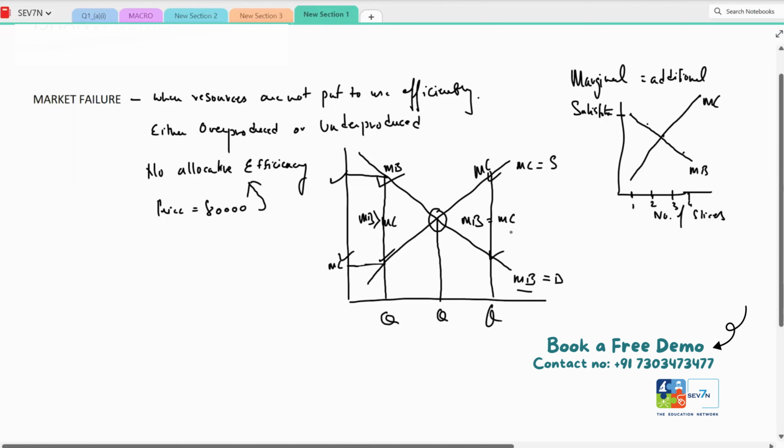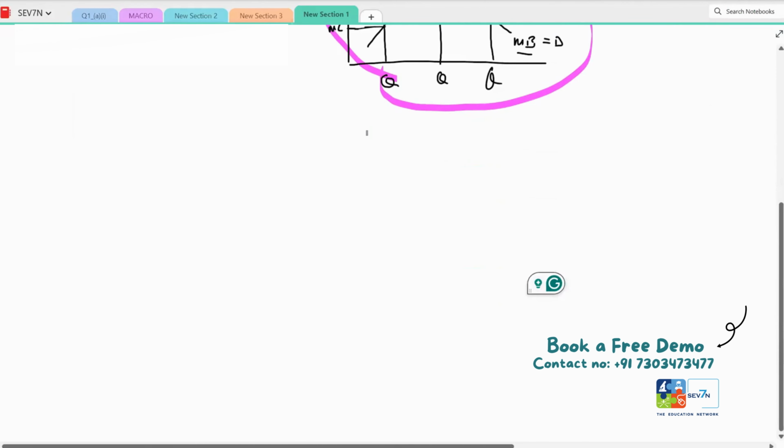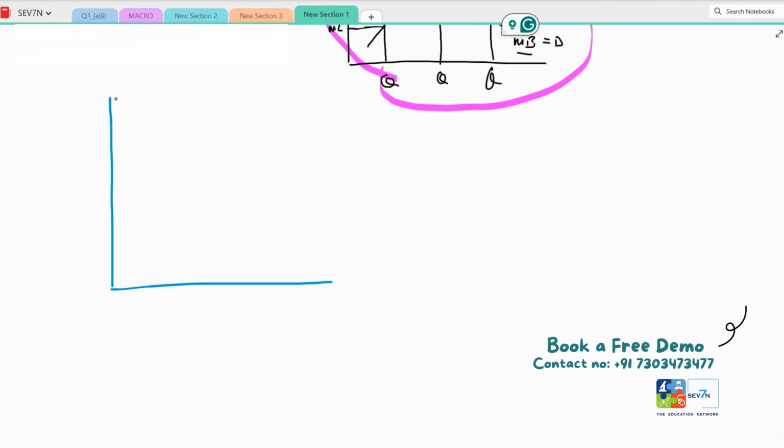सो ऑल आई वांट यू टू अंडरस्टैंड, इस पूरे के पूरे ग्राफ में एक ही पॉइंट ऐसा है, वो ये पॉइंट है जो एलोकेटिव एफिशिएंट है. और कोई भी पॉइंट एलोकेटिव एफिशिएंट नहीं. Do you agree with this? Yeah. And if you recall one more point, I'm going to change the color and I'll show it to you once again. If this is your marginal benefit and if this is your marginal cost,